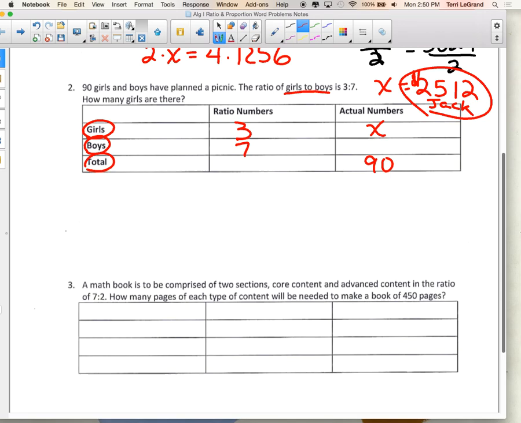So do we have enough information to set up our proportion now? Would we set up a good proportion with these 4 pieces of information? Yes. Okay, so give me an example of a proportion we could set up with just these 4 numbers that you see right there in front of us. Emma? 3 to 7 is equal to X over 90. So 3 girls, because remember that's in the girls part, 3 girls compared to 7 boys is the same as comparing